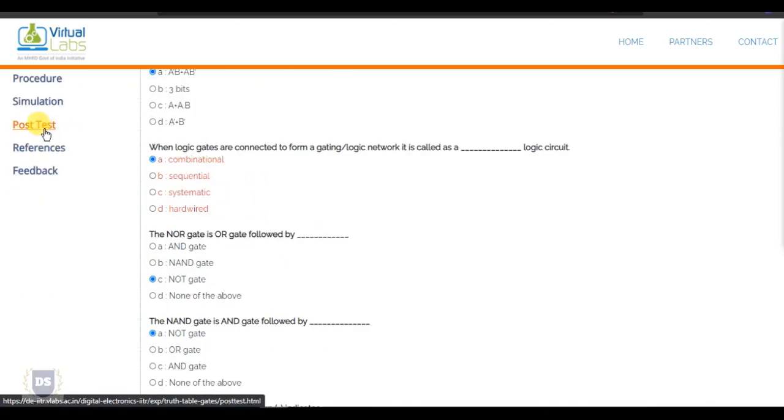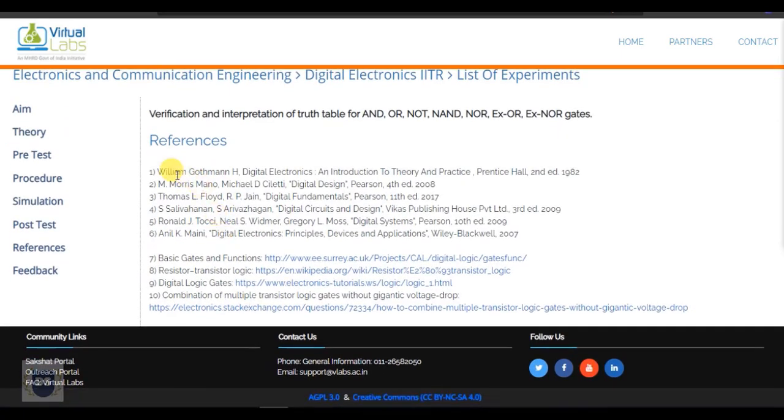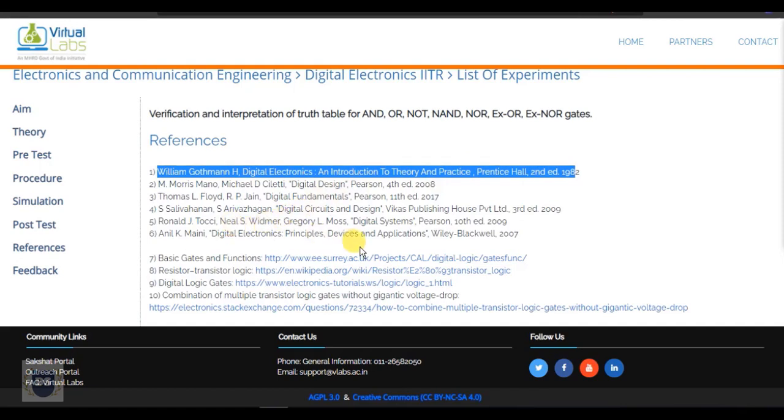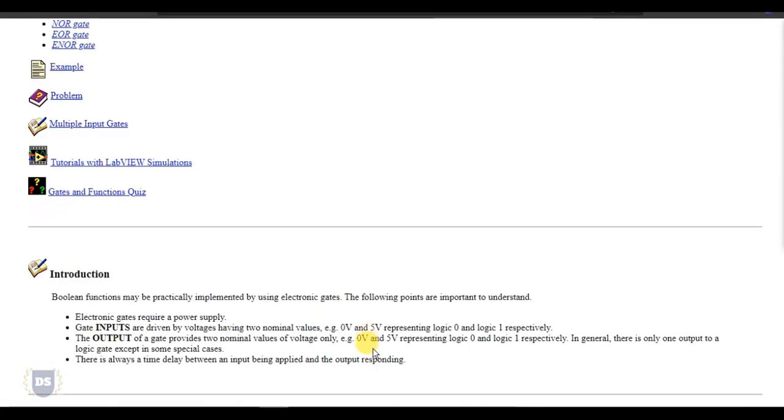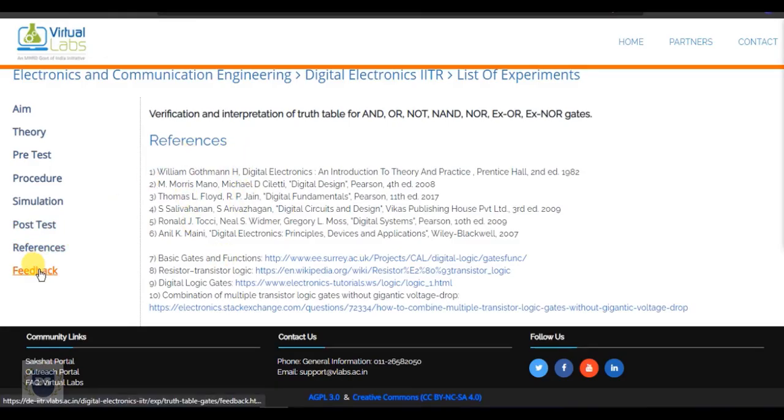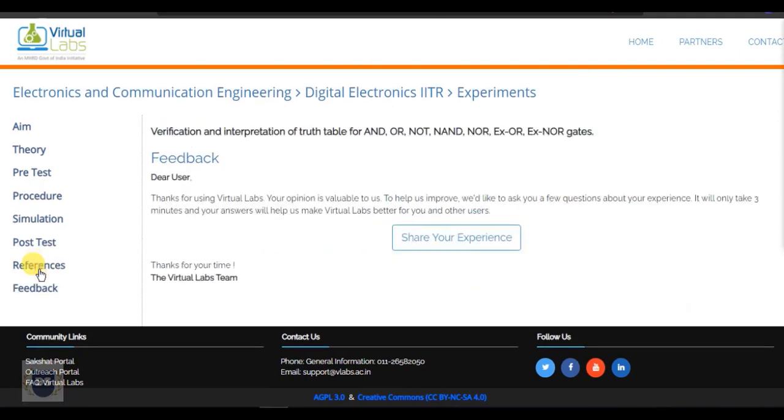So right after attending the post test, we have the reference section. The reference section is where you can find books where you can have better knowledge on this subject, and they have also provided us with hyperlinks that we can hit to have better knowledge on this subject. So right after going through this reference section, the last section that we have is the feedback section,